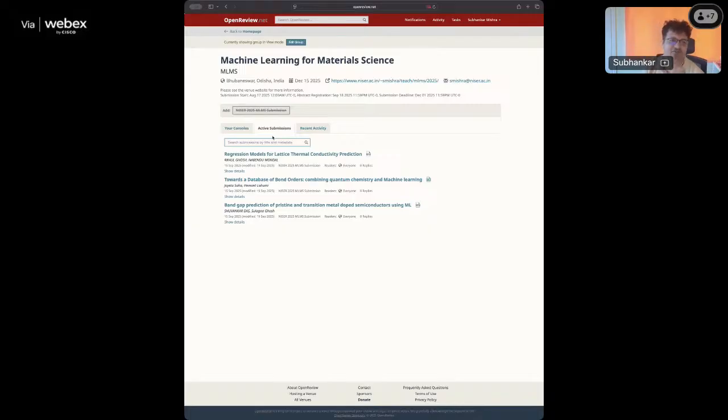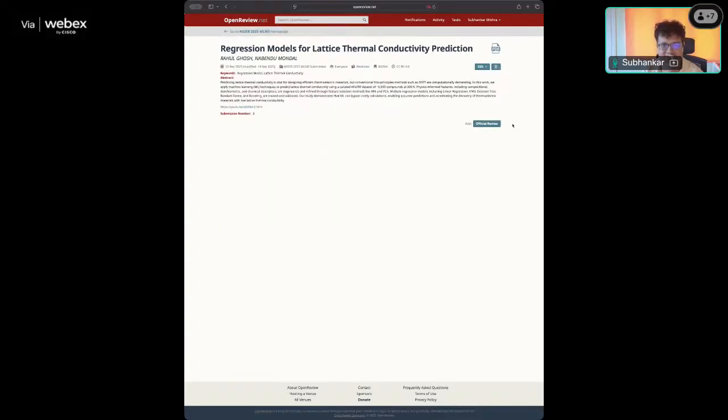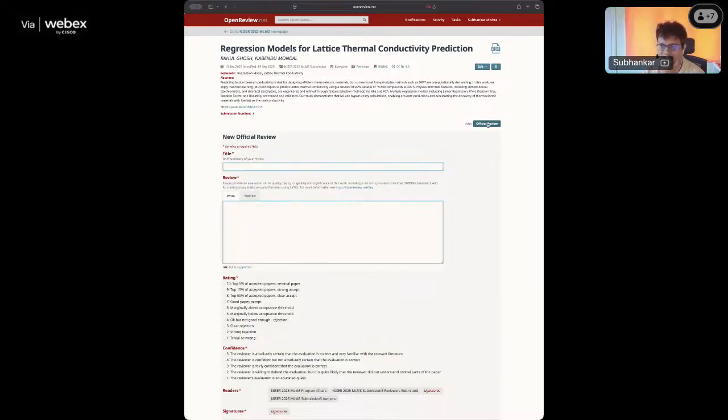If one of you can just confirm if you can see all the submissions, and if you click on a submission, are you able to see this button, official review? If yes, I hope you can complete this exercise, and on Friday I'll be taking the class. In case there are any issues, I'll try to solve them. I think it's due on 30th of September, but next week everybody will be in festive mode. So I hope you submit the review this week itself and get it out of your way.